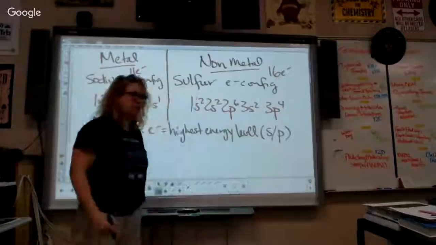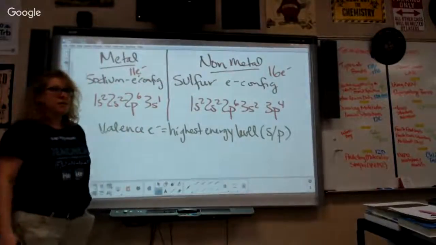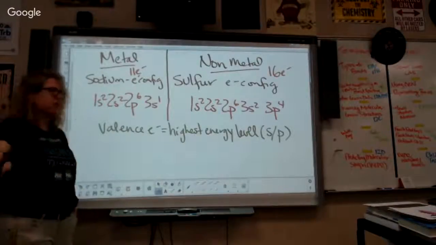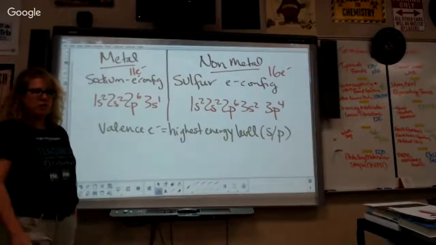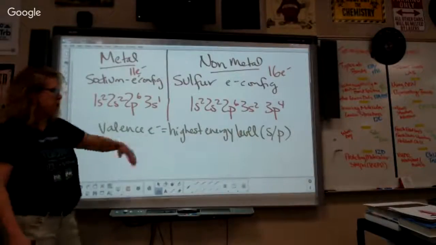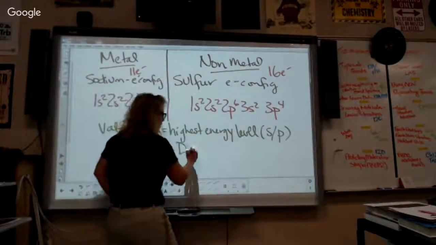So valence electrons are the ones in the highest energy level, and they are both S and P electrons in the highest energy level. They're never D or F because of electron overlap or orbital overlap. They'll never have a D orbital be the highest one. So they're always S and P. The reason why they care